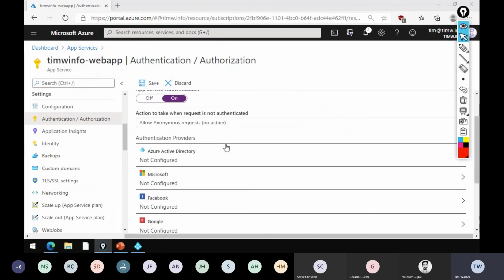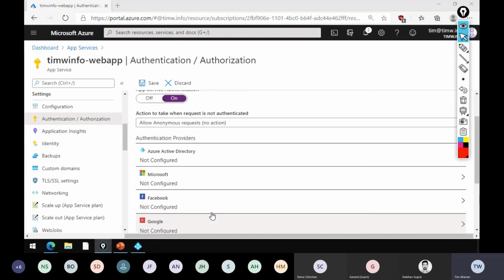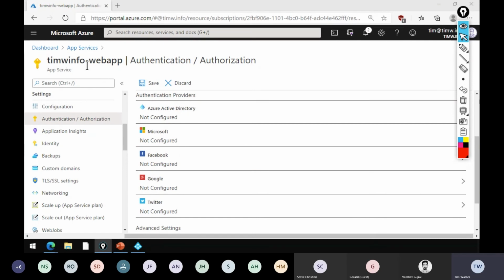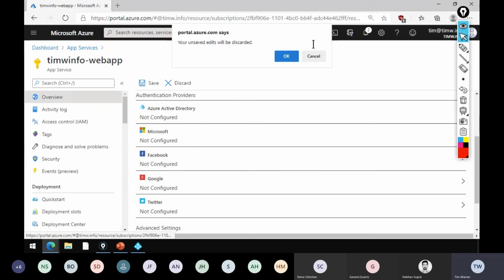But this feature is pretty cool because it's meant to help developers in a situation where you're using App Service here and you want to be able to do that business-to-consumer type identity federation. This is very similar to the experience that you see in the Azure B2C tenant, as a matter of fact. But these parts and pieces are baked into App Service, which is pretty cool. So Azure Identity, Microsoft, Facebook. In this example, it already has the authentication stuff built into the source code, so I didn't take advantage of this feature, but this is always there. Let me come back to the overview page.